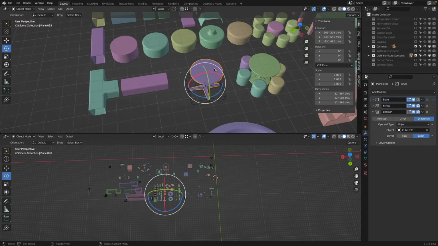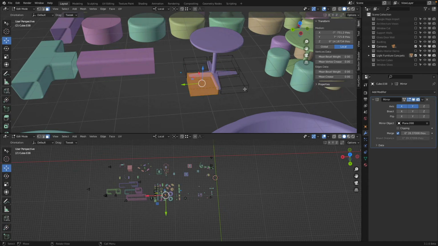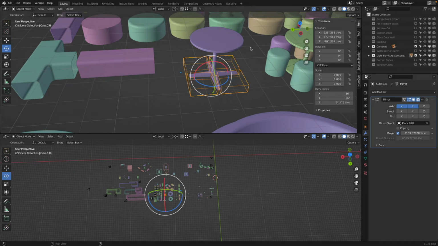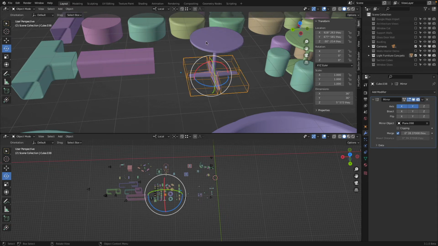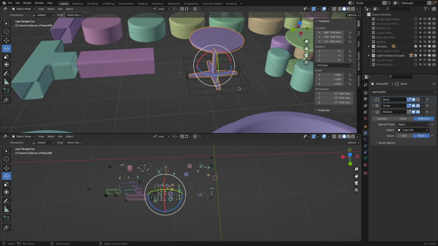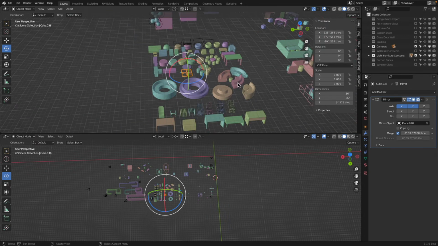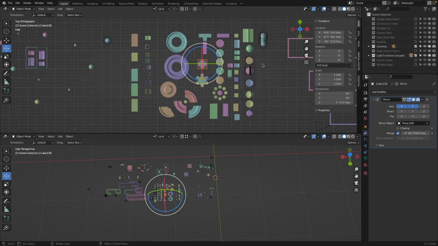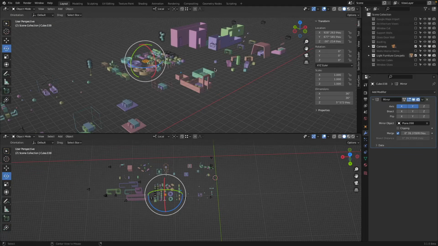Or for example, here we have this table, and then there I have just a cube, which is mirroring across this table, and then I use the cube to cut from the table. So the combinations are actually really endless, and the beautiful thing is, as you can see it, you can create a lot of very interesting shapes, kind of like a playground, and then you start to pick and choose and move these things around and start